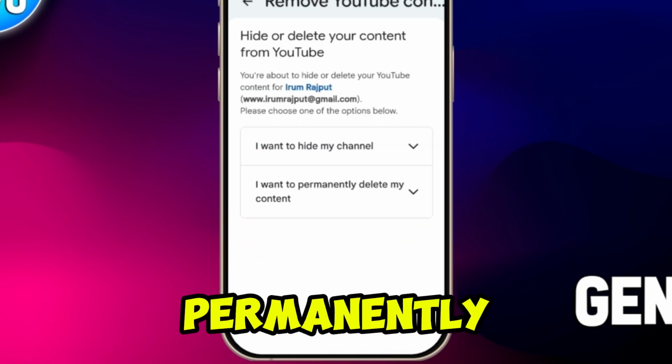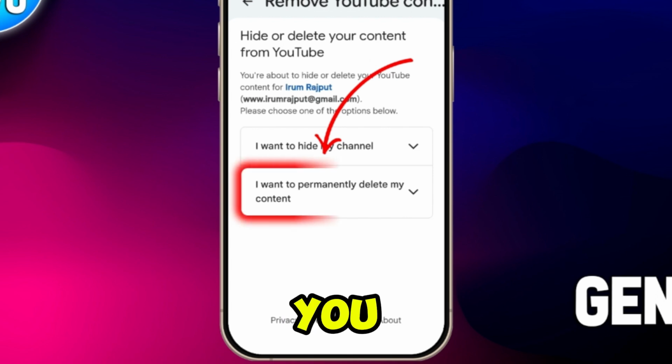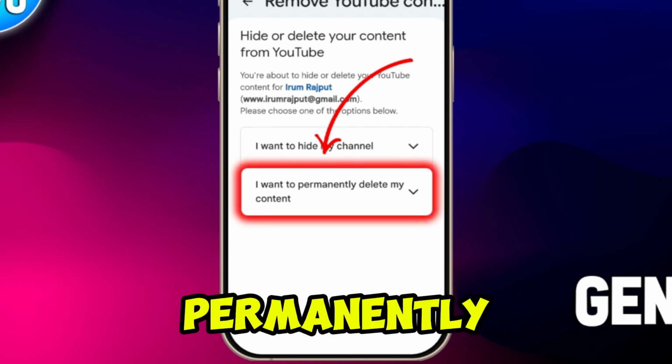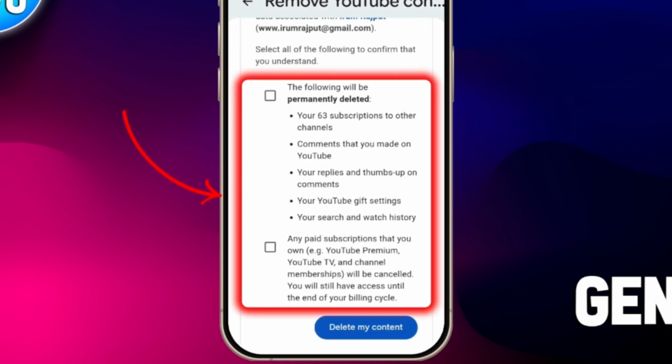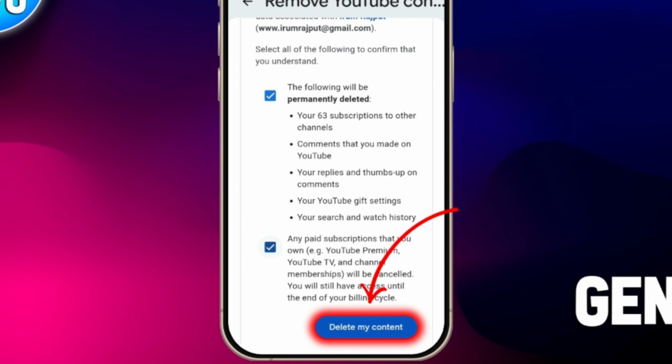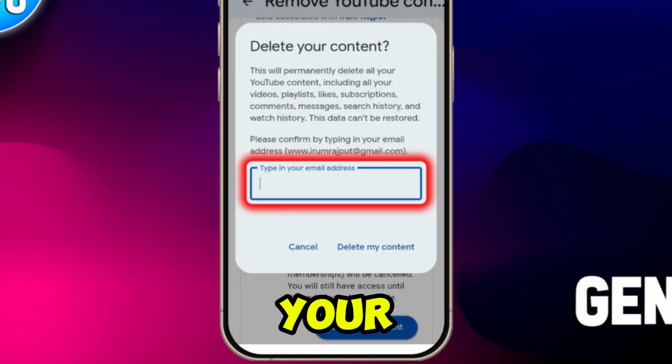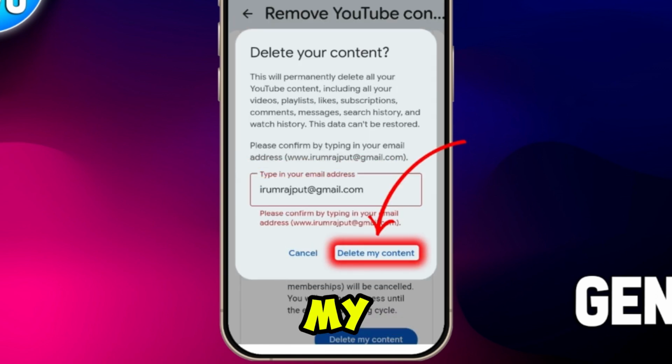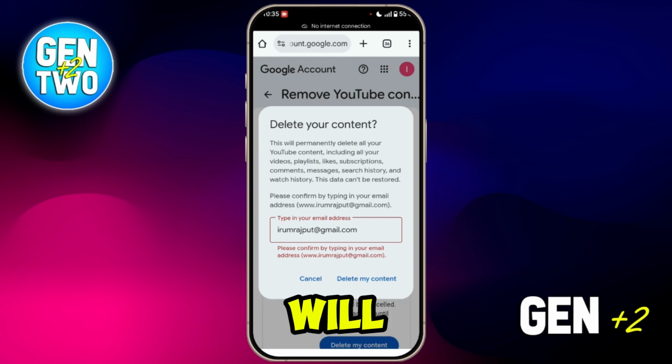And if you want to permanently delete your channel, then you have to click on I want to permanently delete my content. Now check both boxes, then click on delete my content. Now you have to enter your email address, then click on delete my content, and your YouTube channel will be deleted